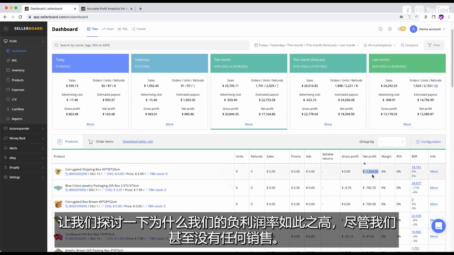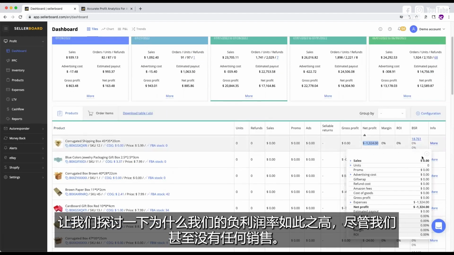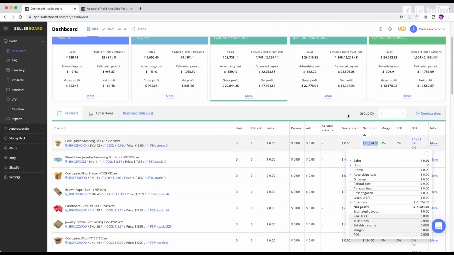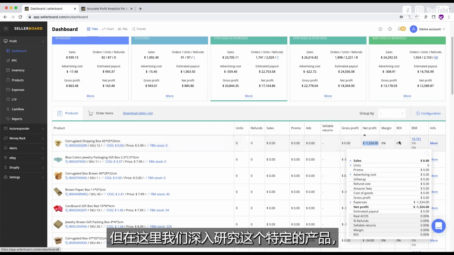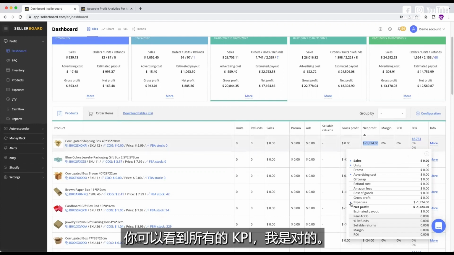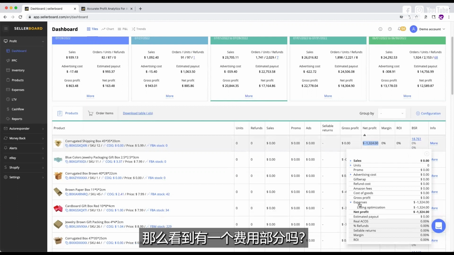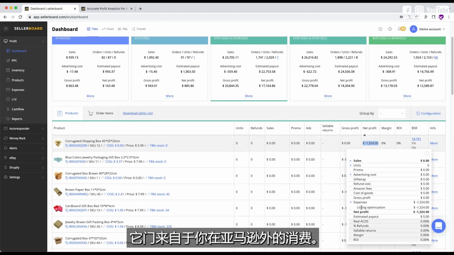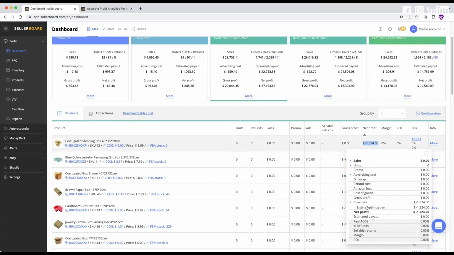Actually, let's explore why we have such a high negative margin, although we haven't even had any sales. If you click more, and you can do that on the account level here as well, but here we drill down into this specific product. You can see all the KPIs, and yeah, I was right. See, there's an expenses section. These are indirect expenses that we do not pull from Amazon. You introduce them yourself,